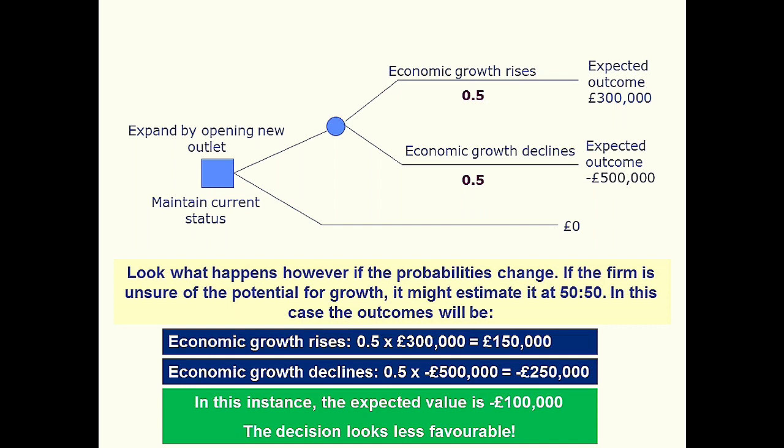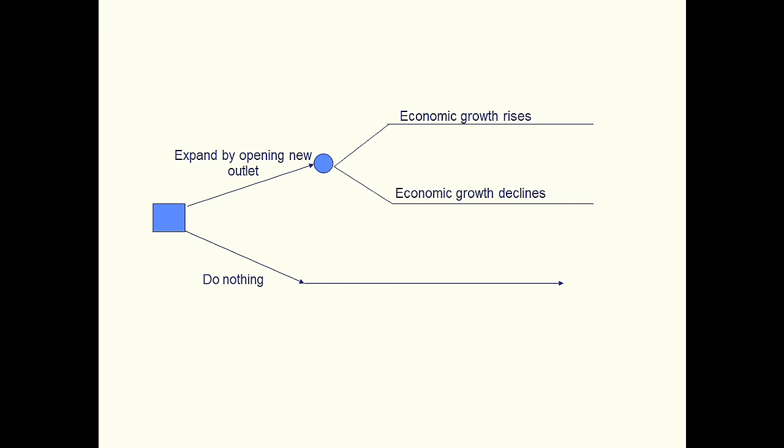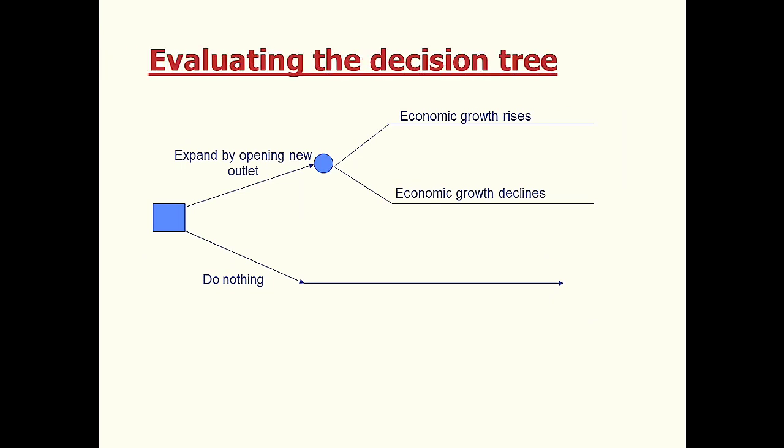So just by changing the probabilities, we see that the decision can change because the expected value is changing, and now the decision will look less favorable as the expected outcome, or the expected value, is negative. Now let's look at another example, and so when we evaluate the decision tree, we will now add an initial